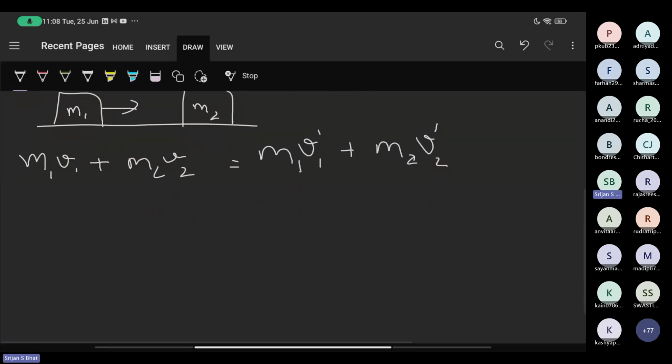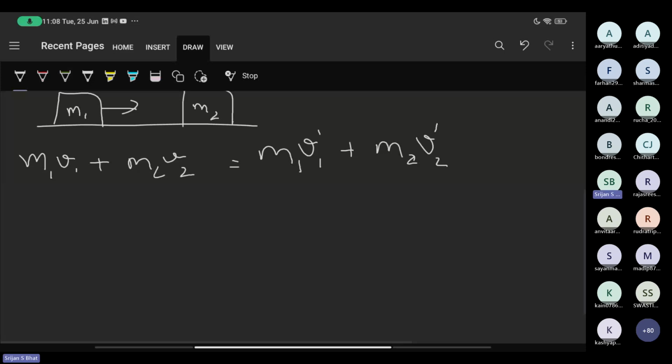What about the kinetic energy? Kinetic energy won't always be conserved.